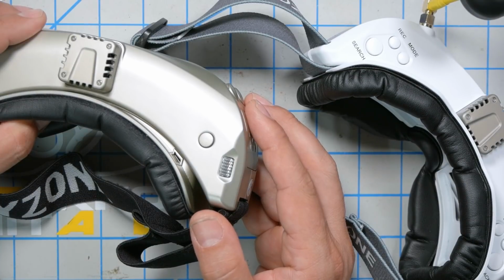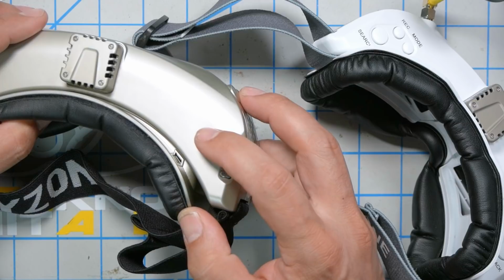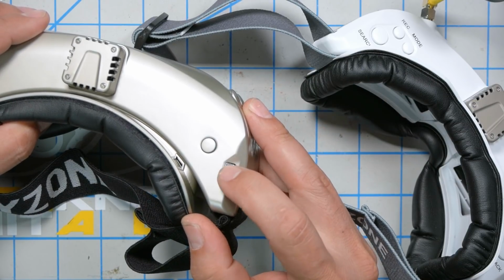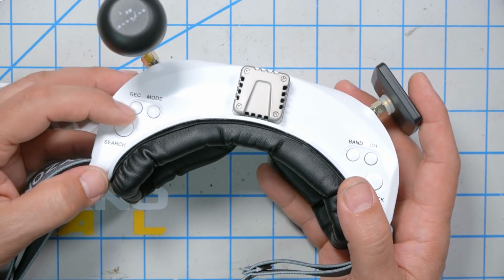One of the things I liked most about Skyzone's newest goggles was the simplification of the interface. There's a single button and a clickable jog wheel, and that's the entirety of how you access all of the functions of the goggles. The Sky02O has Skyzone's older style button layout, but I think they've changed how the menus